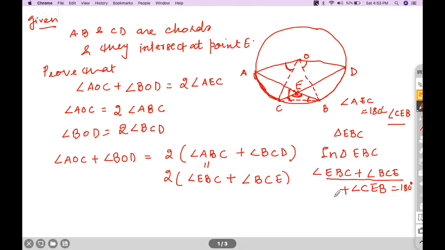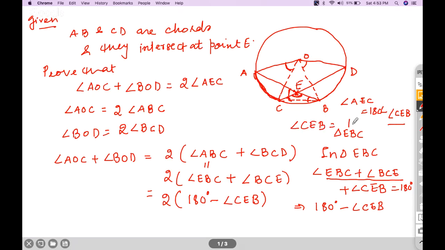So these two angles would be equal to 180 degree minus angle CEB. So what I am writing here is, this is equal to 180 degree minus angle CEB. Now this angle CEB from here can be written as 180 degree minus angle AEC. So I am writing CEB as,